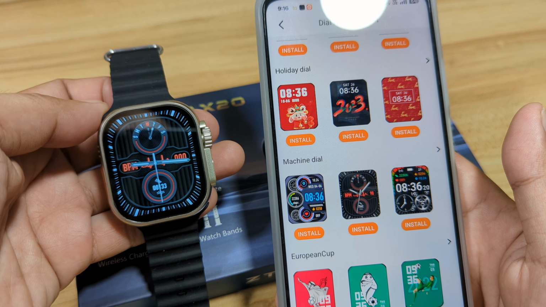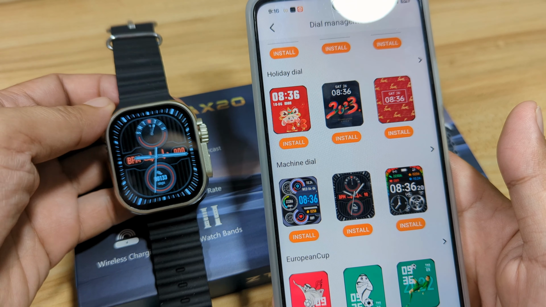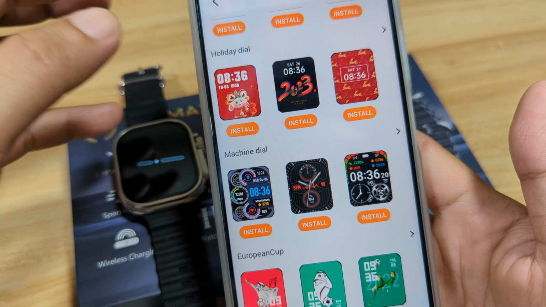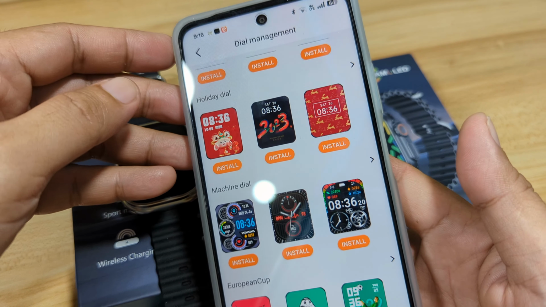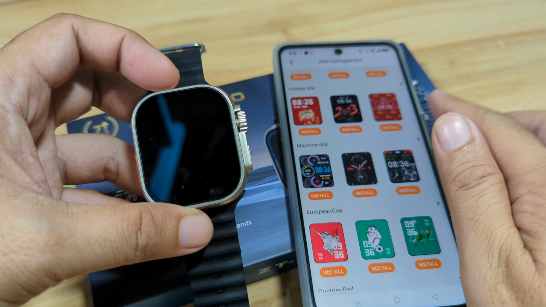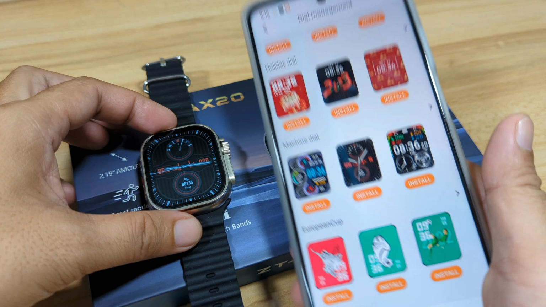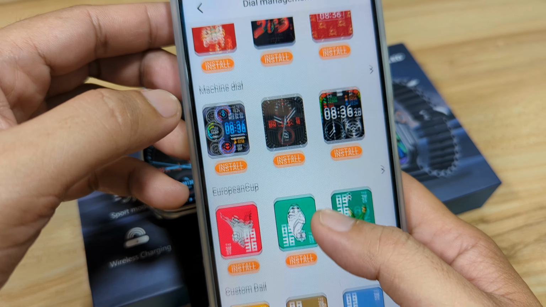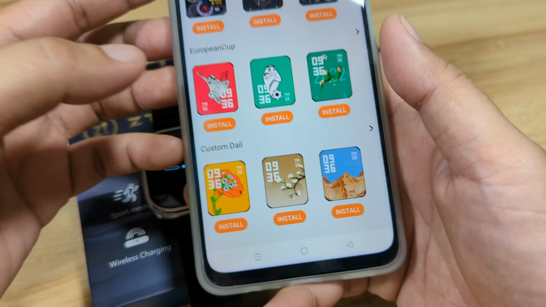The smartwatch keeps on restarting every time that we download this design. I don't know why. Maybe it's the internet connection, or maybe it's the phone, or maybe it's the app. But we were able to download this watch face. Okay, so it seems like there's an issue with the watch faces.